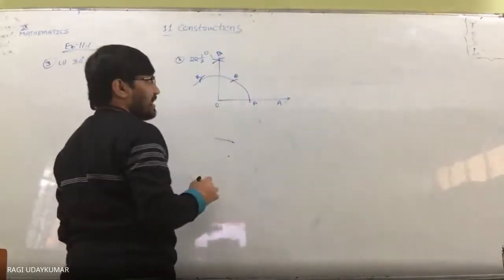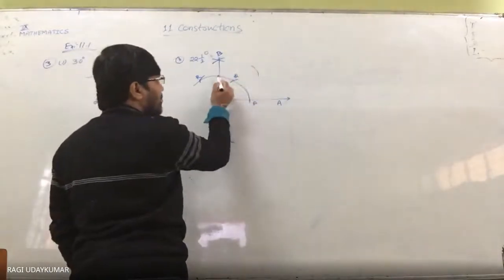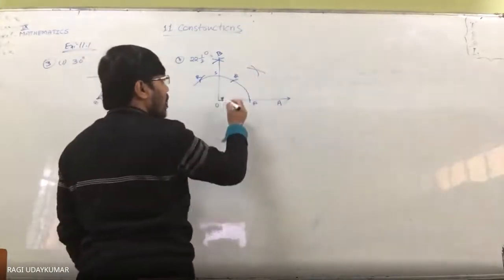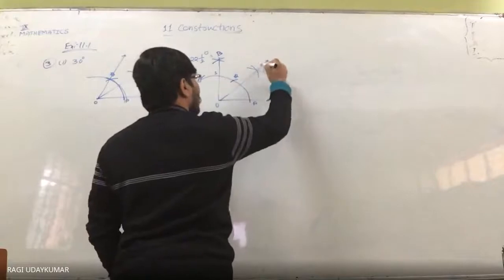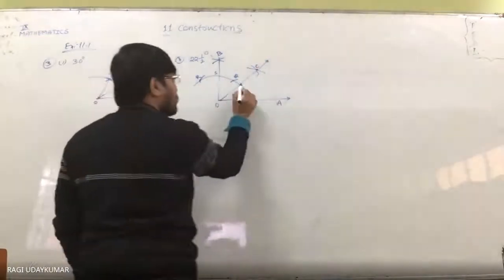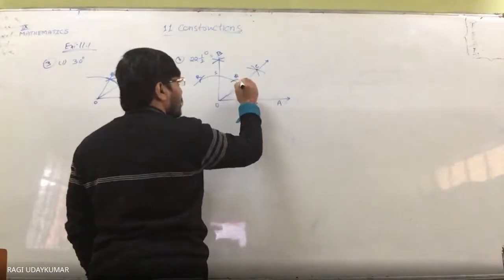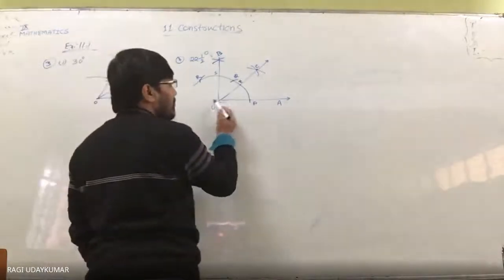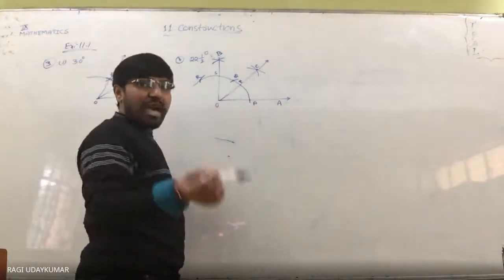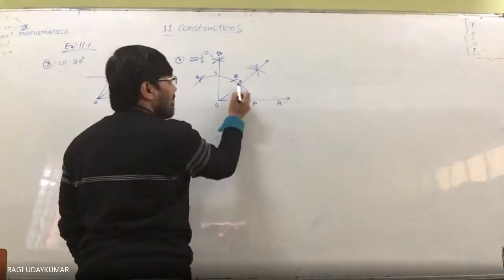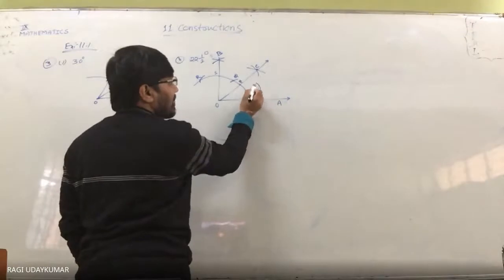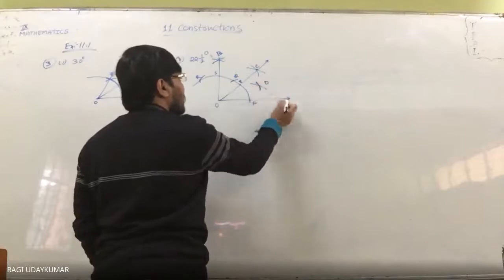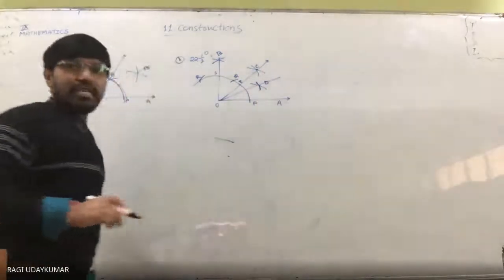Join both. This is 90 degrees. Now P as a center, one arc here. This point S as a center, another arc here. Arcs like this you are going to get. Join both. Let us consider this point as C, and this point as P. Consider PQRST. Now this is 45 degrees, POT is 45 degrees. We need half of 45. This one has a center, here one arc. This one has a center, here one arc. Two arcs, and this point we consider as D. AOD measure is 22 and a half.